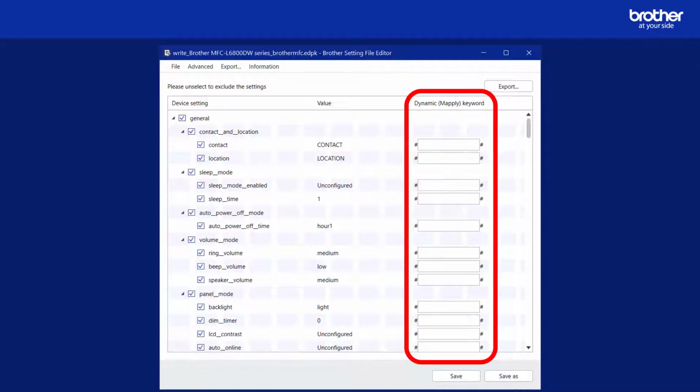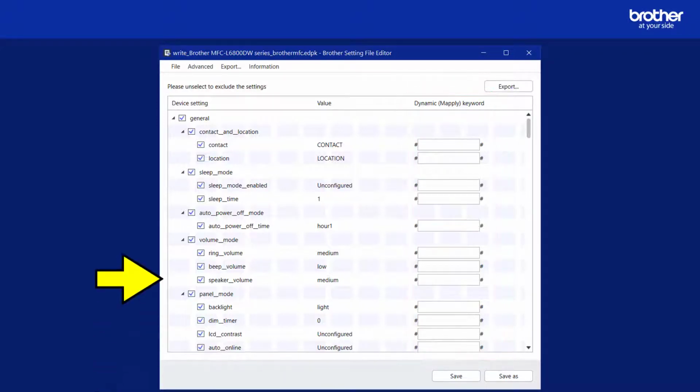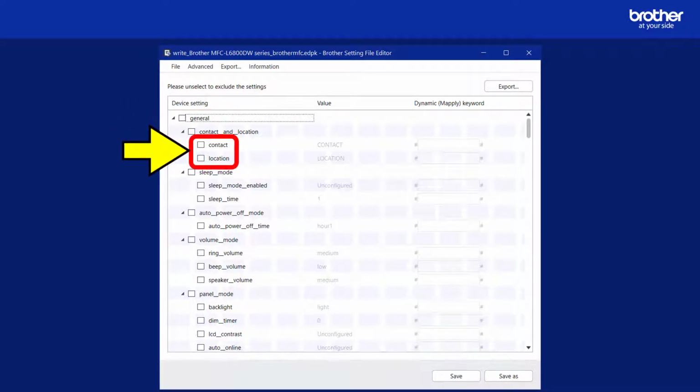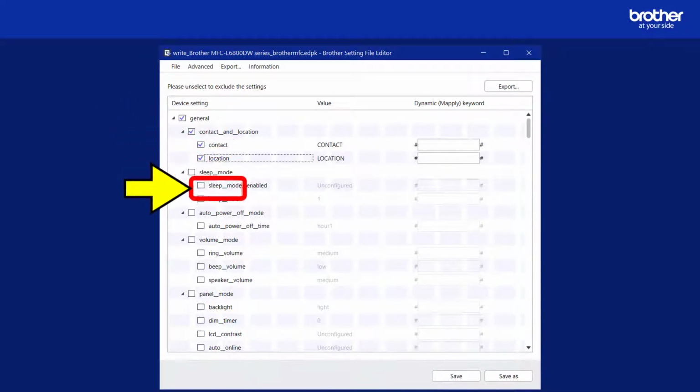Here is where I was able to make my settings responsive based on values written into a CSV file. Before doing this, I wanted to remove all the unwanted settings that the Mass Deployment tool also exported. I started by unselecting all the settings within the General section, then reselected the settings that I did want.